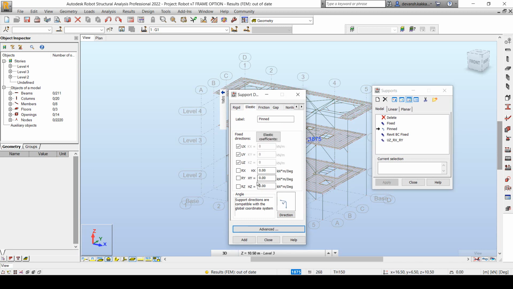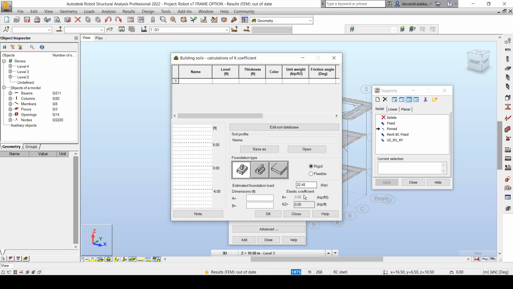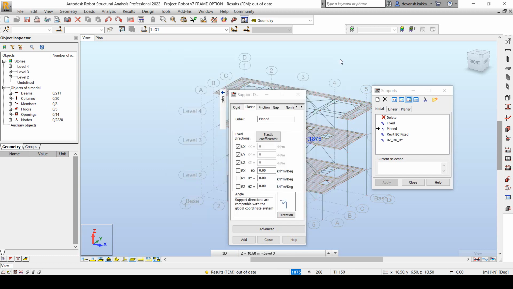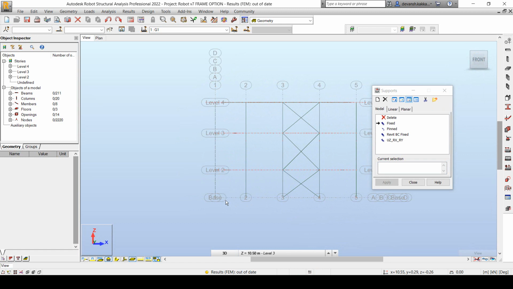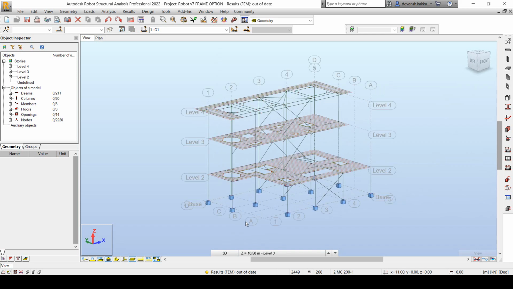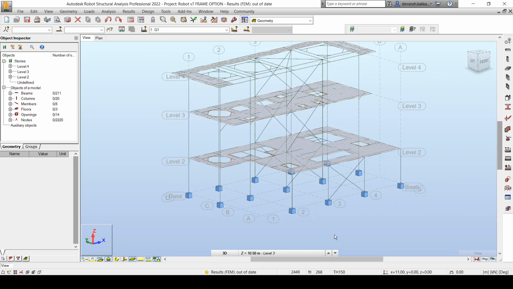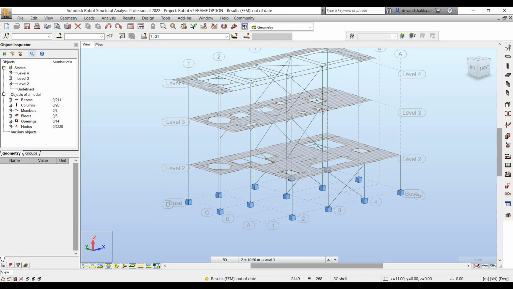The boundary conditions could be defined either for joints, it could be defined for linear elements or even for planar elements. So let's say if I'm defining a mat foundation, so for the entire mat, I can define one unique support condition. Also, we can define the soil conditions, so that say we have an example of a mat resting on soil. So you can define the soil properties and it will automatically compute the separate reaction, so that we can study the soil structure interaction as well. Once we've identified the property, we can assign the property to the requisite joint and you can see how the support symbol displays.